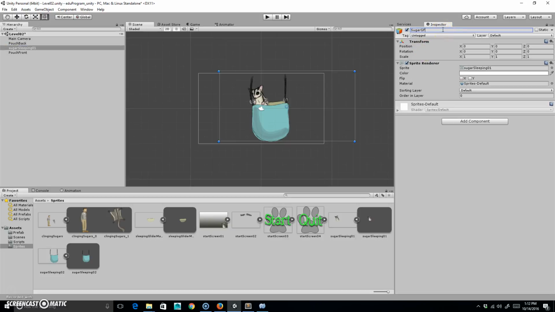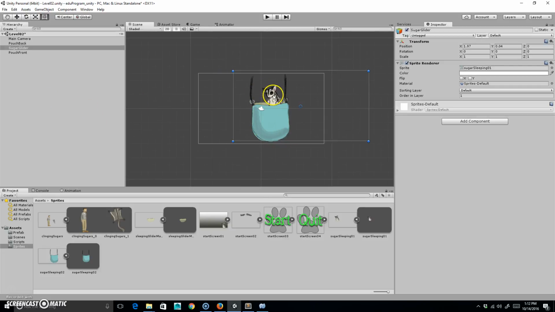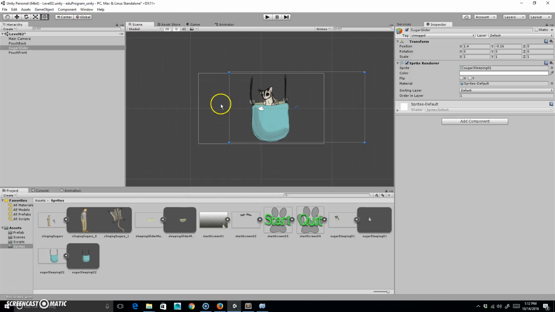Sugar glider. And this one's going to be at 1. Okay, so that way it'll be the back at 0, then the sugar glider at 1, and then this at whatchamacallit here, at 2. Okay, good. All right, so I'm just going to generally place these things. They should be good. Let's see, what does that look like as far as the game? That works for me. So now what I need to do is I need to make a switch that's going